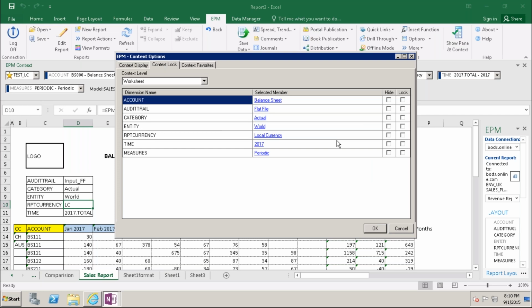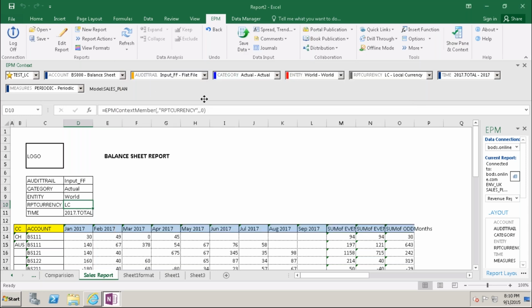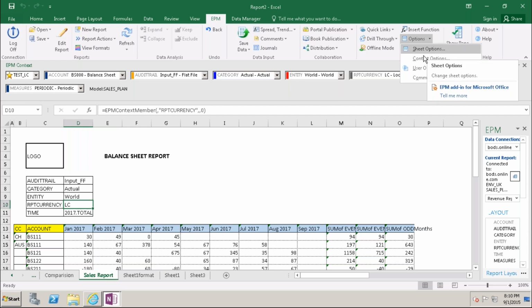So this is how we can hide and lock the context options. The sheet options and context options are done. Please practice on that so that you can get more things out of it.